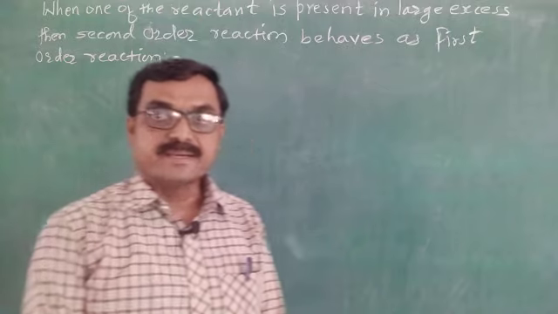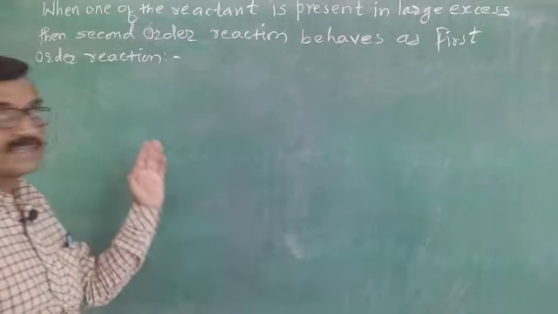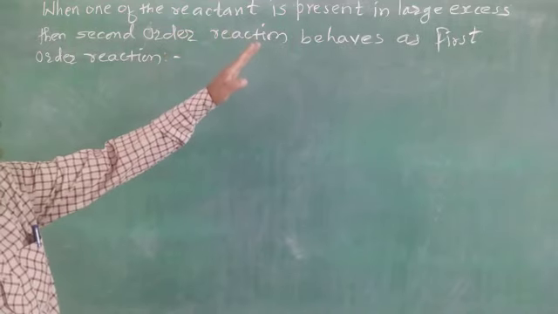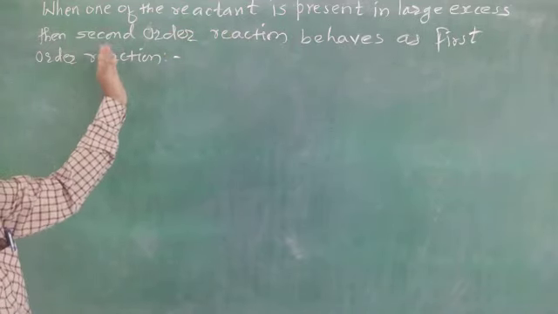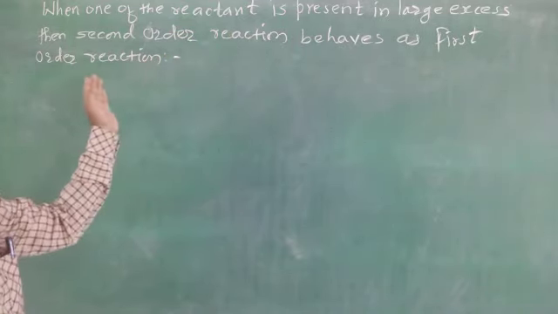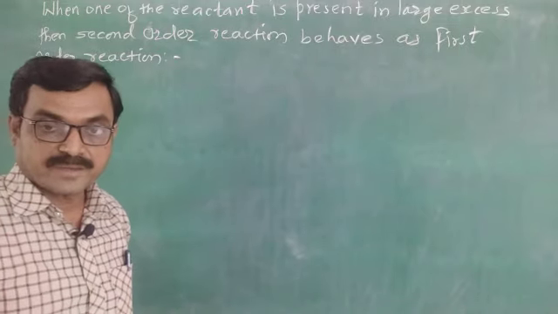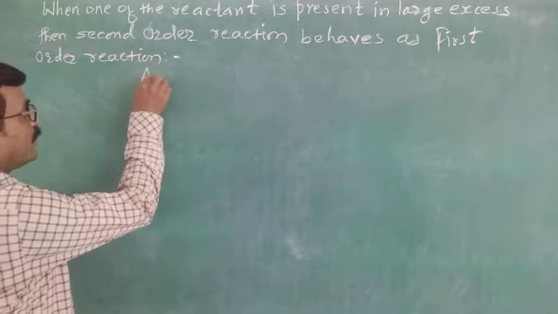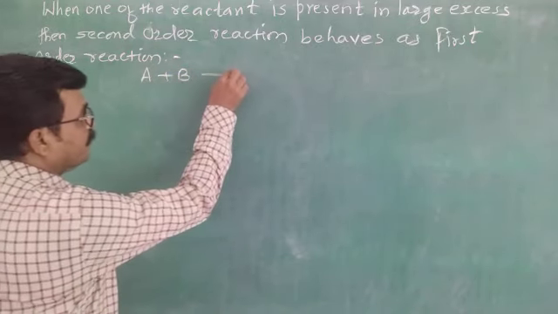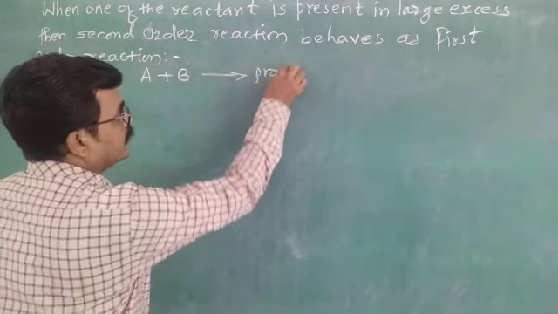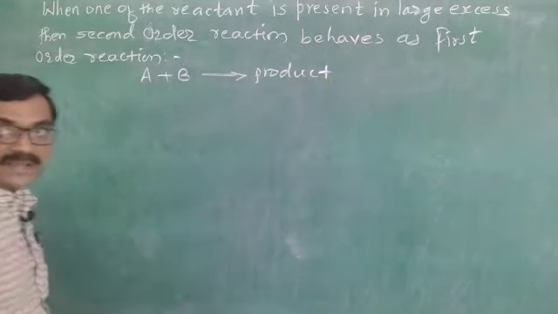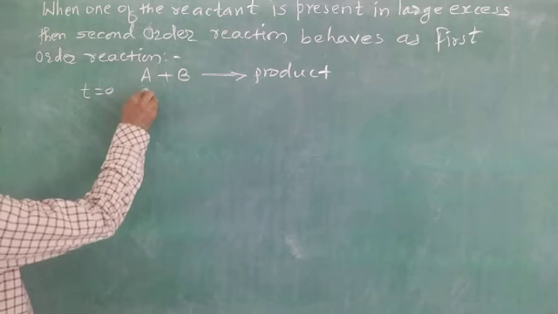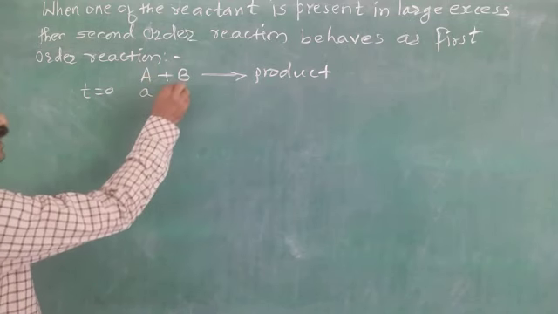Now see the second and final characteristic. When one of the reactants is present in large excess, then a second order reaction behaves as a first order reaction. Meaning, if we have a reaction of the type A plus B gives product, let me assume this is a second order reaction, and when time t equals 0, then the concentration of A will be small a and